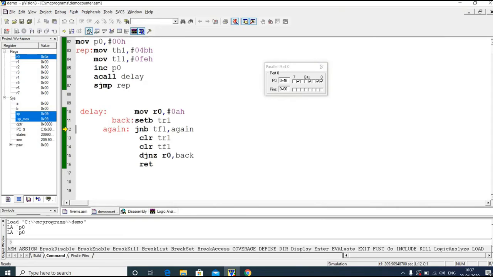Now, for example, here we have written the subroutine for a 0.5 second delay. What do we need to do if we want a 1 second delay?